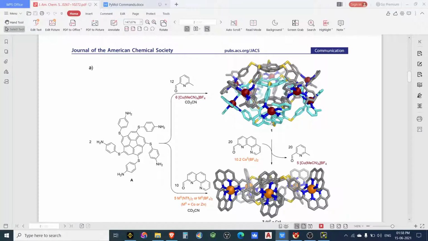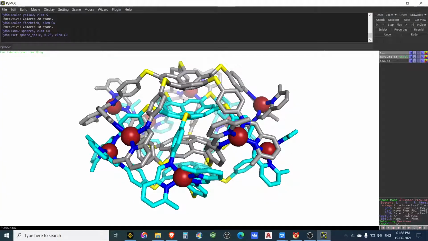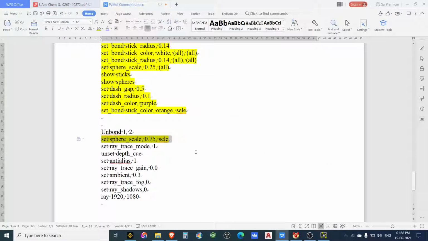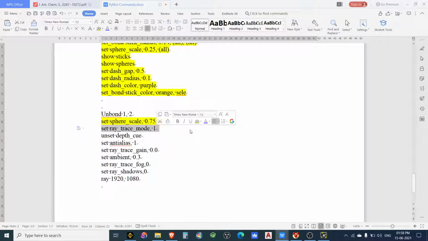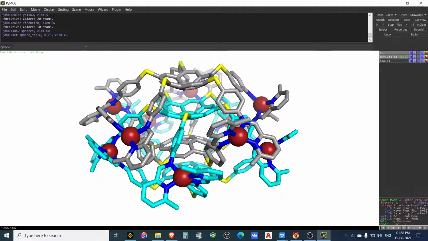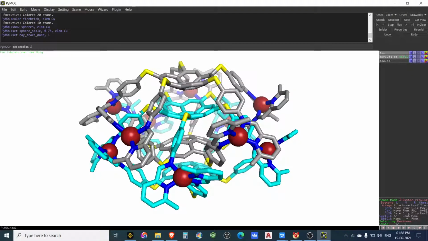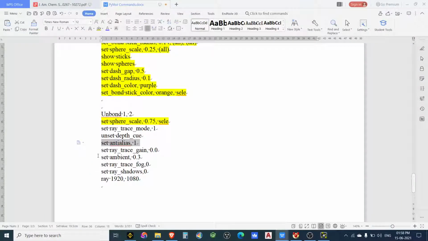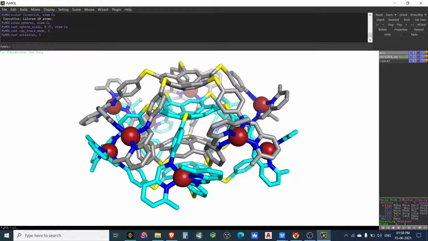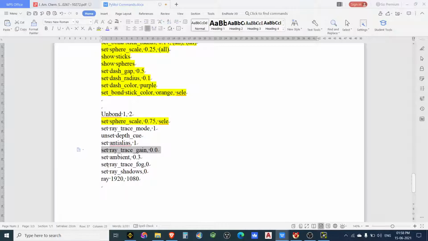Now we will just ray trace it. Before ray trace, we have to do some commands. Okay, set ray trace mode 1, paste it, and then set anti-alias 1, then set ray trace gain 0, because so much black color will come up outside if you put 1 or more than 0.